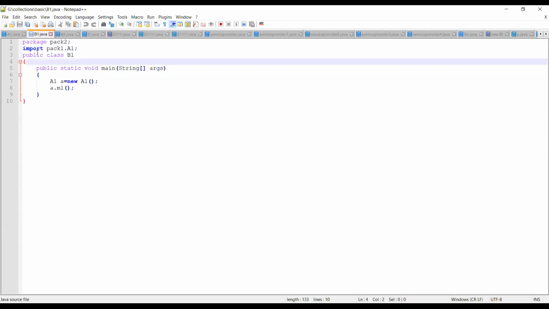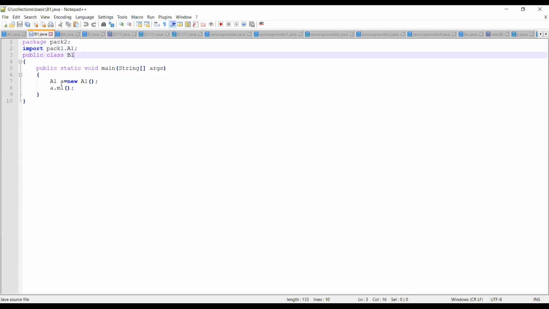Which class do you want to import? A1. A1 is part of which package? Package pack1. So I should write import pack1.A1, because I'll be accessing the method which is part of your A1 class.